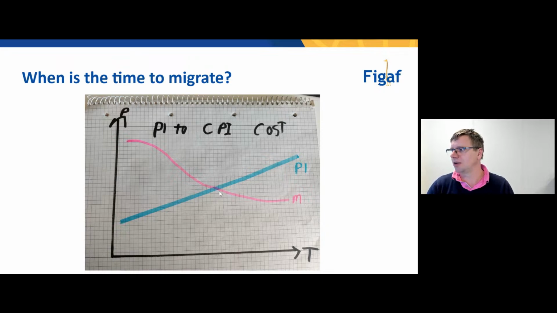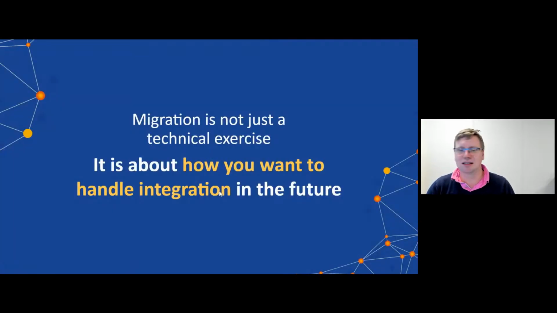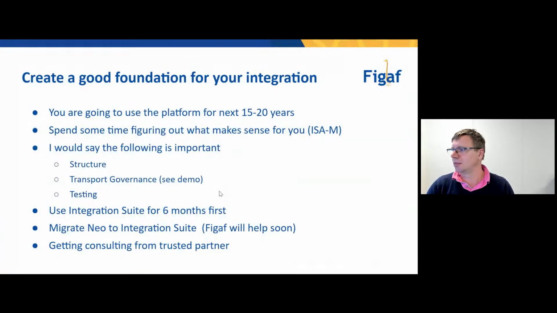So preparation, I think this is important. It's not just a technical exercise. This is about how you want to handle your integration in the future. And you need to be curious and figure out what this is going to be like. I started out writing that you needed a 3 to 5 year roadmap for what your integration would look like. But looking back at the PI and Business Connector,